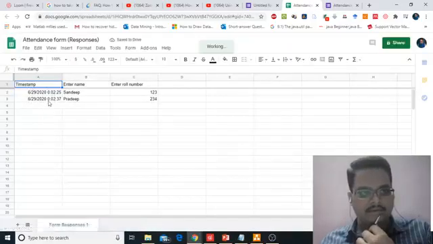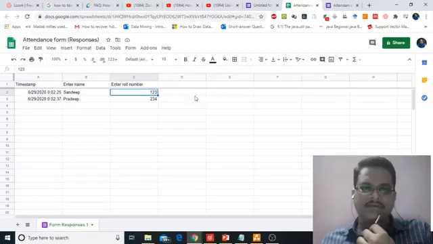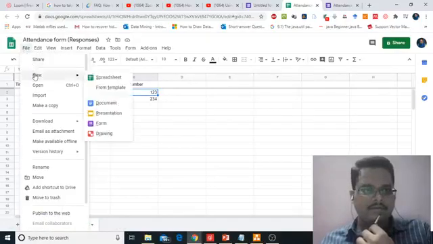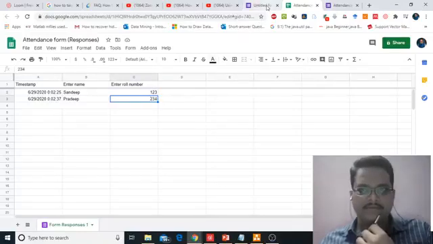Automatically it will create and open it, where you can see the timestamp is also created by default, like 29th June 2020, the name of the student, and the roll number of the student. If you want other information, you can enter it here, like branch, section, etc. Now you can share it, or keep it on your laptop or in Google Drive, and use it as an attendance sheet to give attendance to the students who have participated in your class.